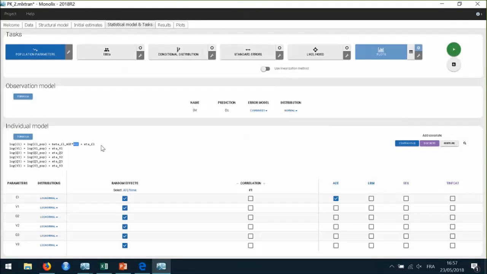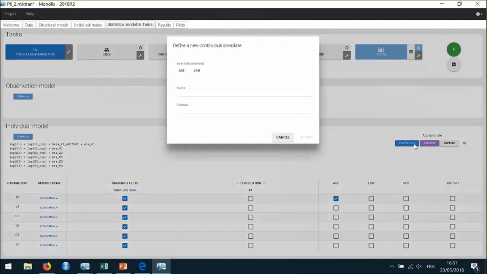So I will define this as a new covariate by clicking here on Add Covariate Continuous. And in this window, I can define a new covariate with a formula. If I hover on age, I can see some statistics of age from the data set, so that this can facilitate the centering. I can take the mean, 46.98, as a typical value for age.